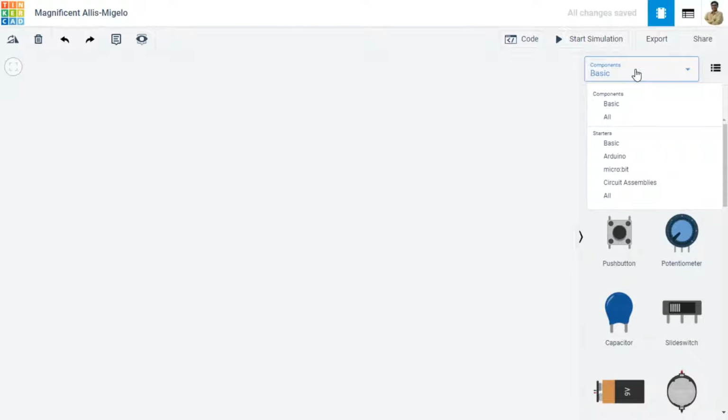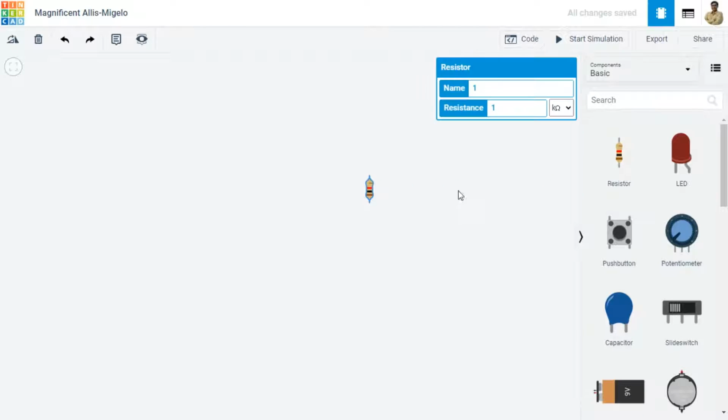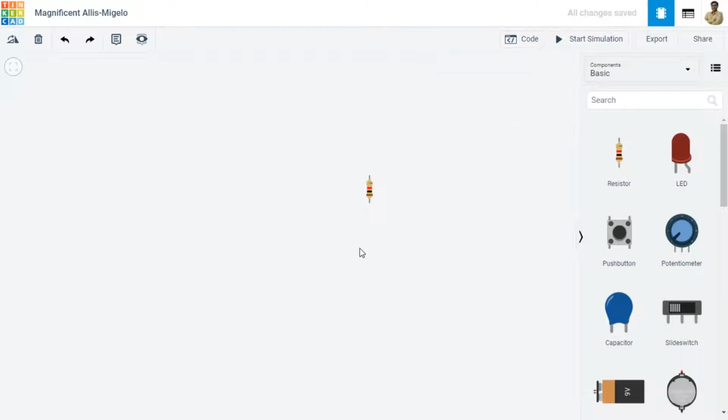You can click here and you can find components which are specific to one device or one category. Whenever you want to use any of these, you have to simply drag and drop in our working platform. So this is our workspace. Here you can drag and drop the components. If you want to zoom in or out, you can use the scroll button of your mouse with control or without control option, and scroll forward will zoom in and scroll backward will zoom out.